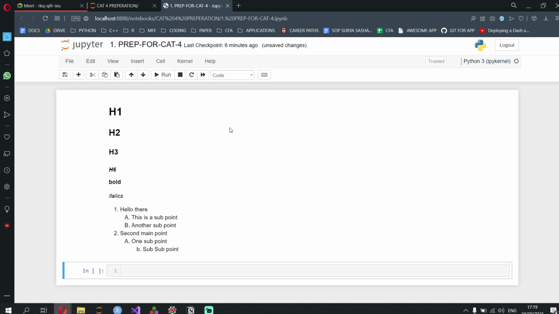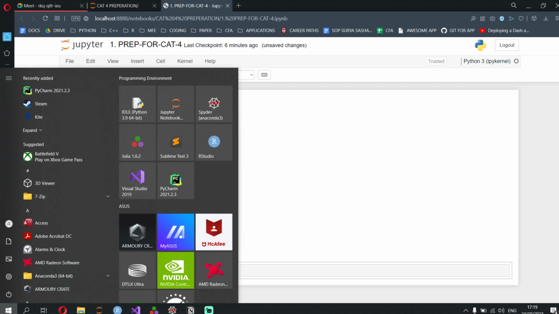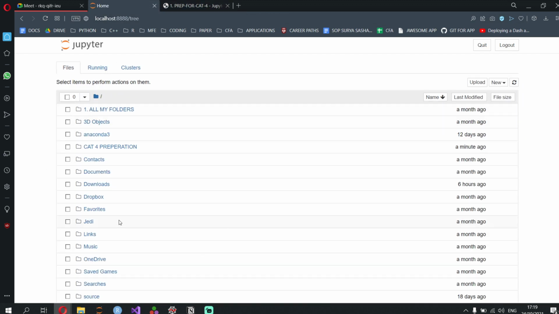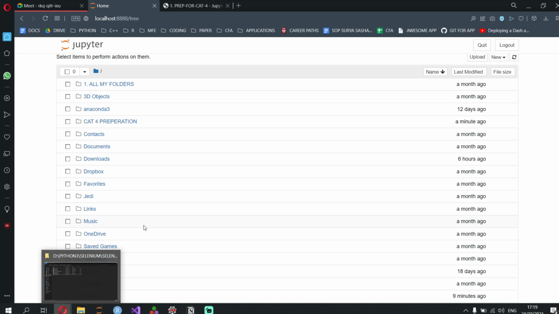To revise again, how do we open it? We open it by searching for this Jupyter Notebook icon either in the taskbar or in the Windows search. After we open it, we'll come into a root directory which is over here. I'll tell you the location of the root directory also. I would suggest you make yourselves really familiar with it. I don't think she will change the root directory for us. In case she does, then it's very good. But if not, remember the location of the root directory. I'll tell you how it goes right now. This is how it will open.